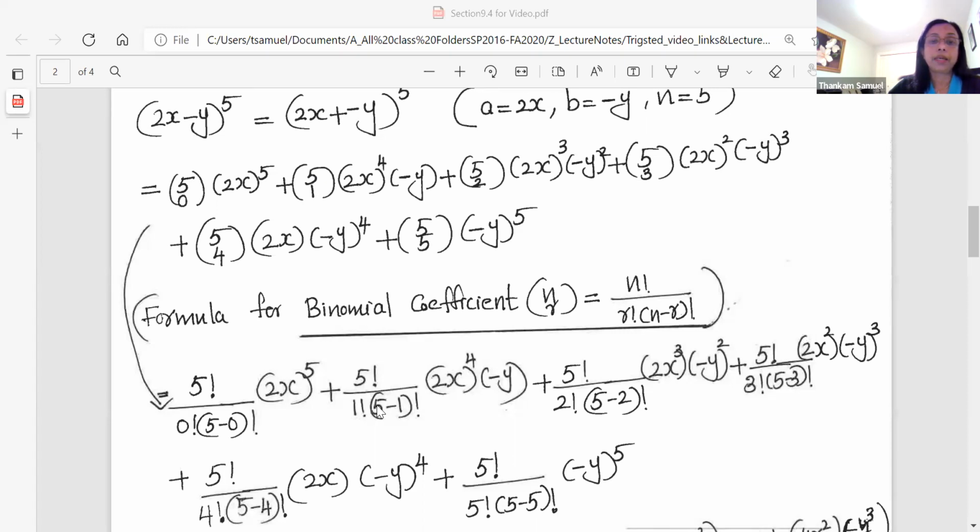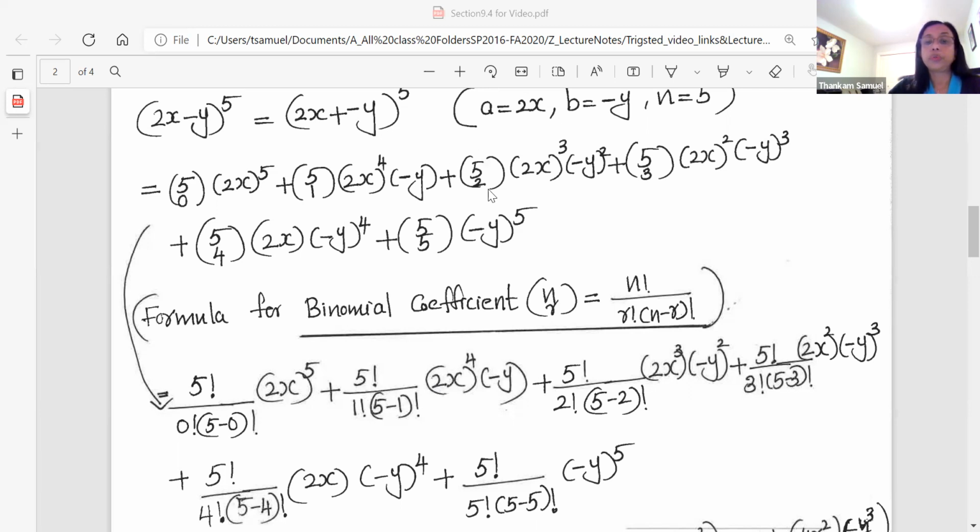We can write the binomial coefficient as 5 factorial divided by 1 factorial times (5 minus 1) factorial, times (2x) to the fourth power, times negative y,